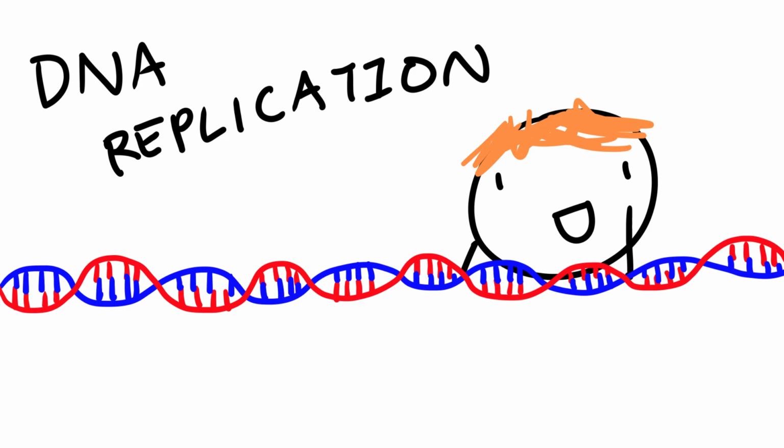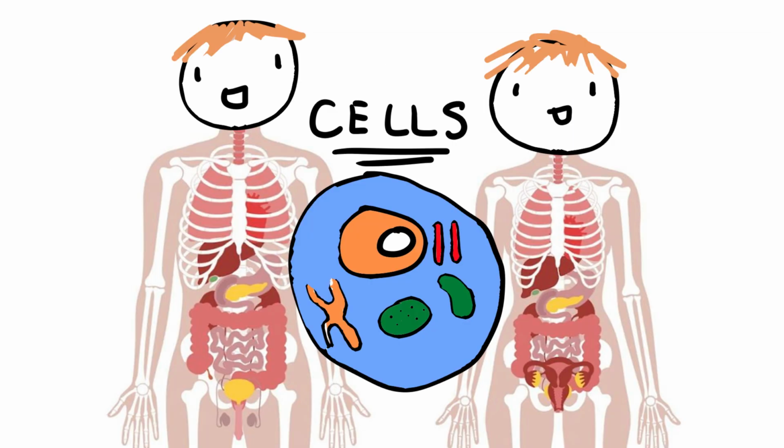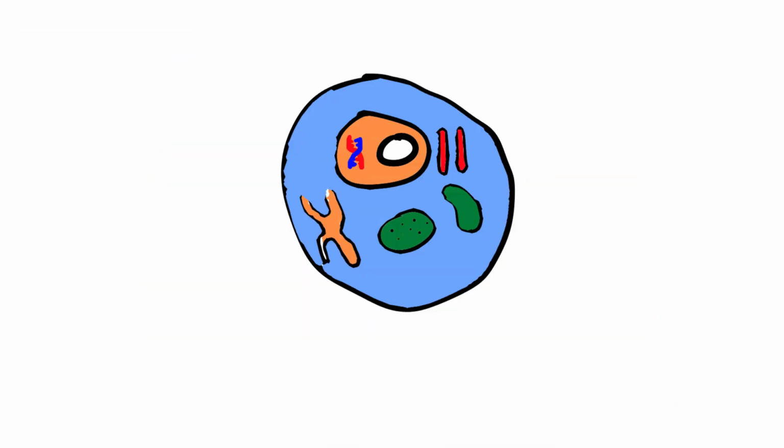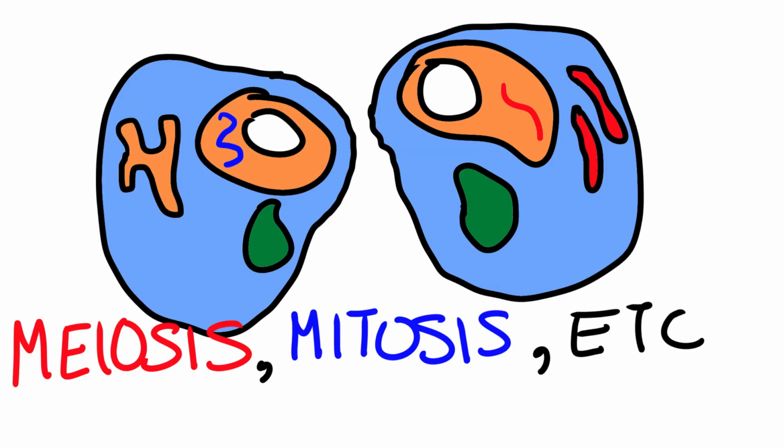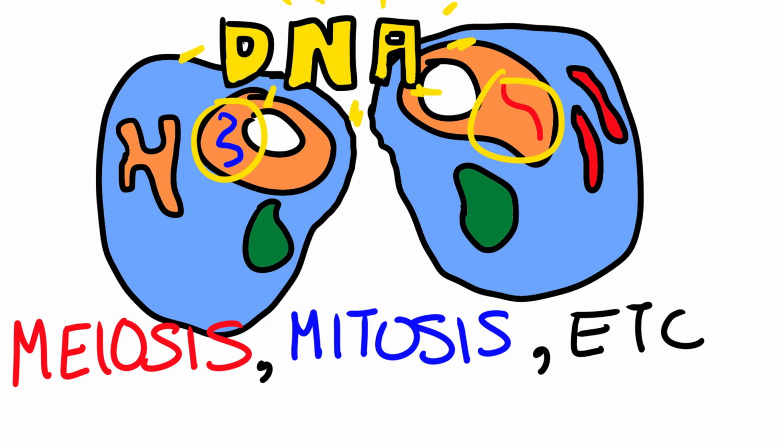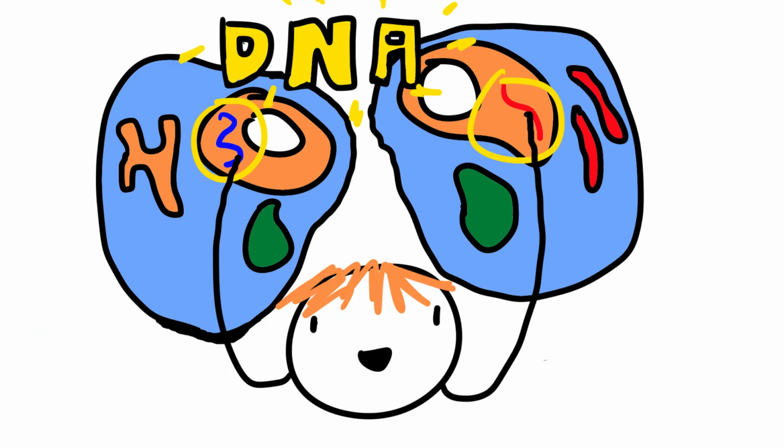DNA replication. Humans are made up of cells. In our cells, we have DNA. We humans start off as a cell with DNA that keeps dividing. These cells and DNA inside divide because of mitosis, meiosis, and more. When these cells divide, it requires information, aka DNA inside of these cells, to be copied, and that is what